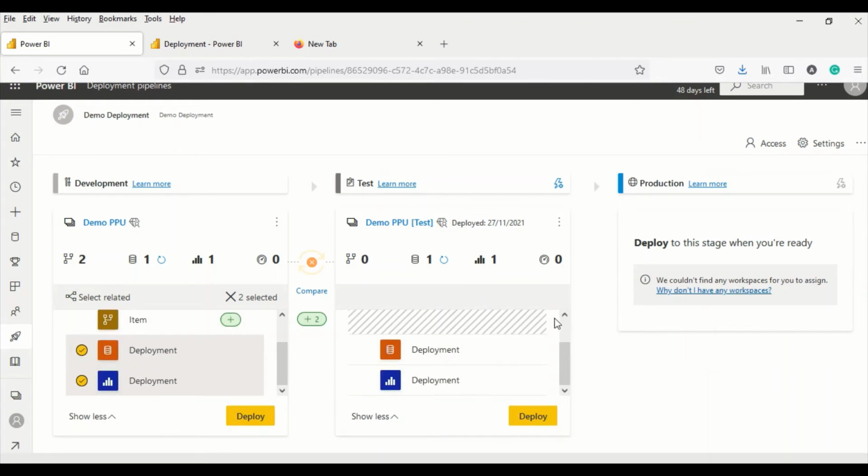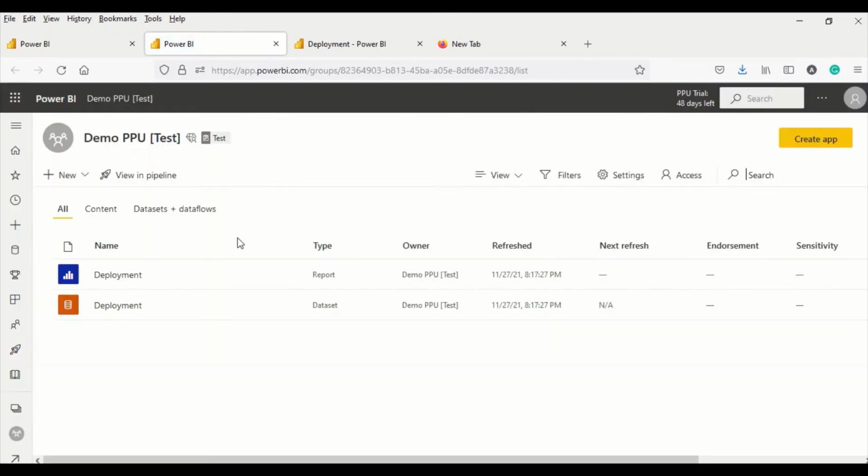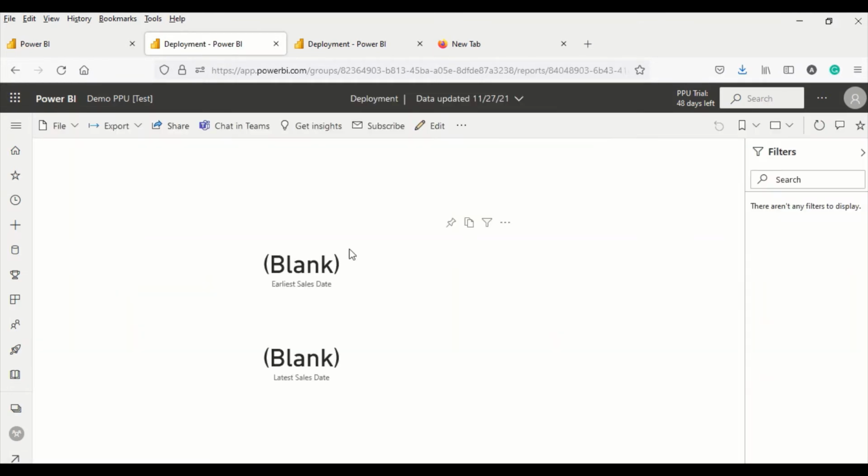If you do +2, then it will happen. Now we are not interested in that right now. I click on this report, which is there in deployment. Either I can click from here or I can go to demo. This is the workspace, which a new workspace has been created for the first time. Now onwards, we will be able to migrate that. And I click on this report and it is going to show me a blank report.